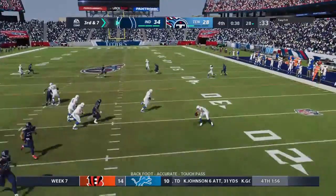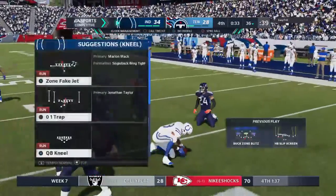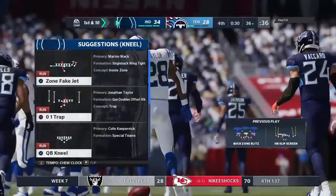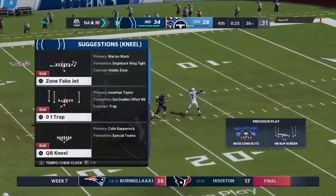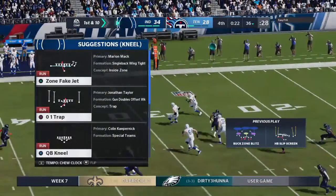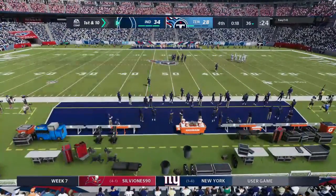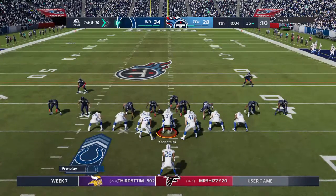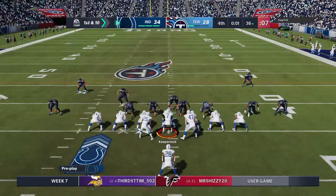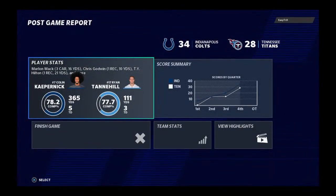Back to throw, Kaepernick. Now they go screen, it's complete. And he's able to get the first before he's taken down at the 36. It's a gain of 8 there, and that should be enough to seal the victory. So from the 36 now, 1st and 10. So this one winds up an Indianapolis victory, and I know I'm